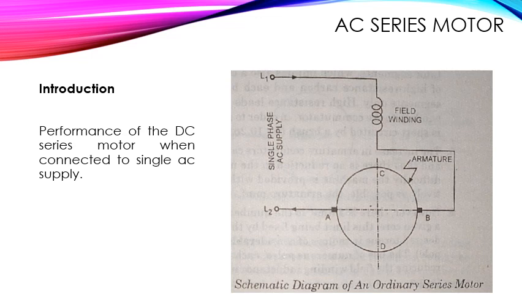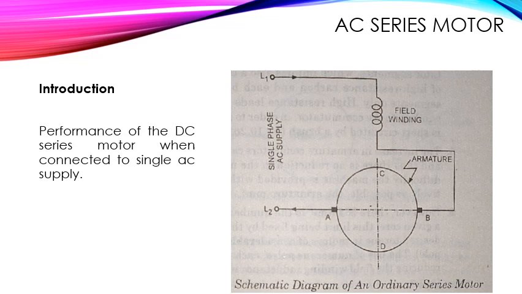Now we'll see the performance of the DC series motor when connected to single phase AC supply. It is found, however, that an ordinary DC series motor when connected to single phase AC supply operates but not very satisfactorily. And what are the reasons? That we'll see. The first reason is that the torque developed is not of constant magnitude as in DC series motor, but pulsates between 0 and maximum values each half cycle, because the field and rotor currents, meaning the armature current in the motor, both reverse every half cycle,